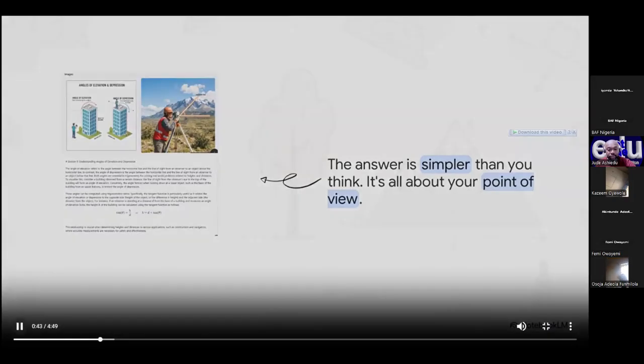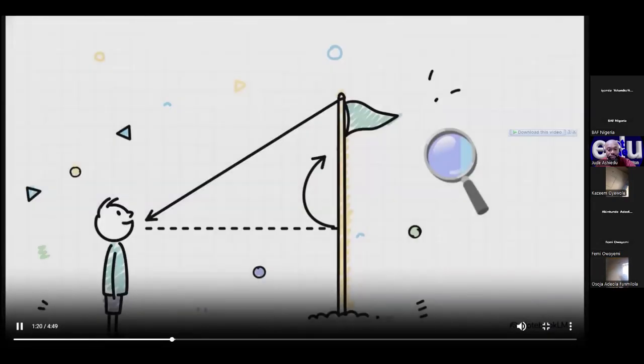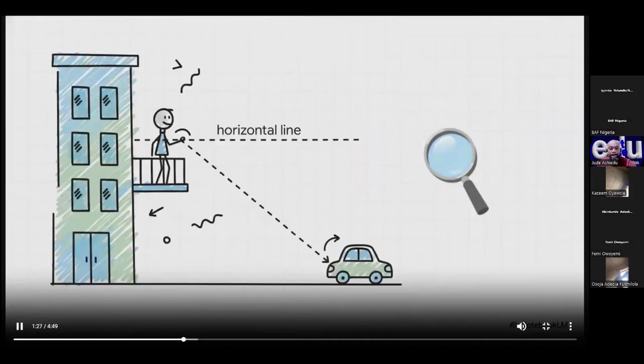Flat line of sight. That's it. That's the angle of elevation. And the angle of depression, it's just the opposite. Imagine you're standing on a balcony, looking straight out at the horizon again. You look down at a car on the street below. It's just made between that flat line and